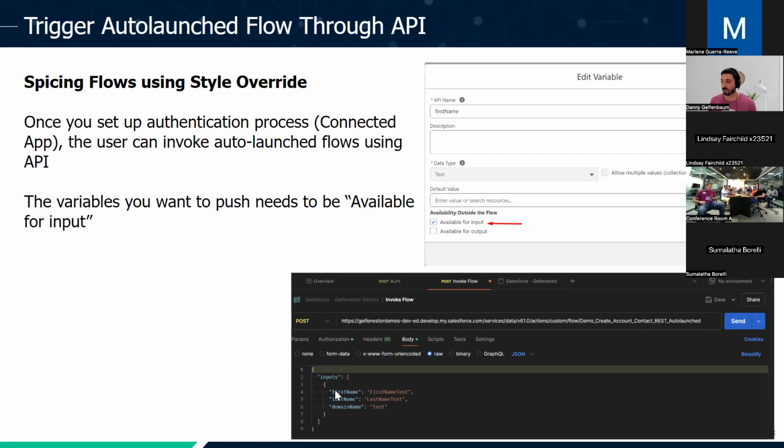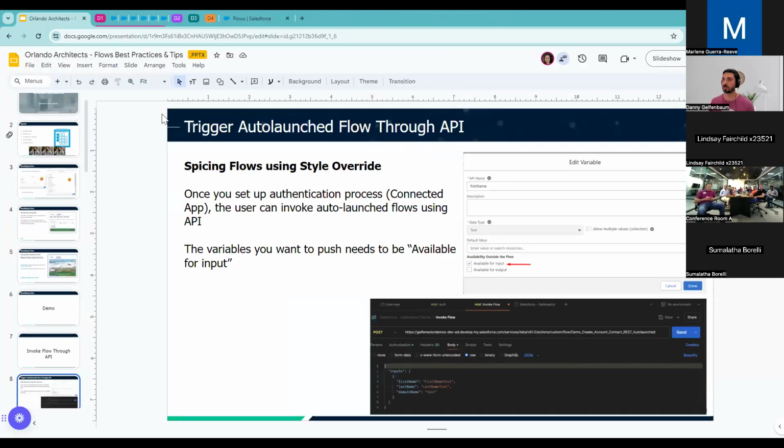I defined the variables that I want to pass to the flow, and I made sure they are available for input in the flow. And once you have the authorization, then you can invoke it directly from API callout. So I'll show you how it looks like